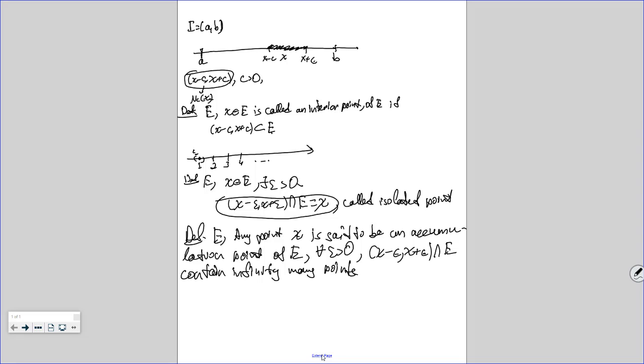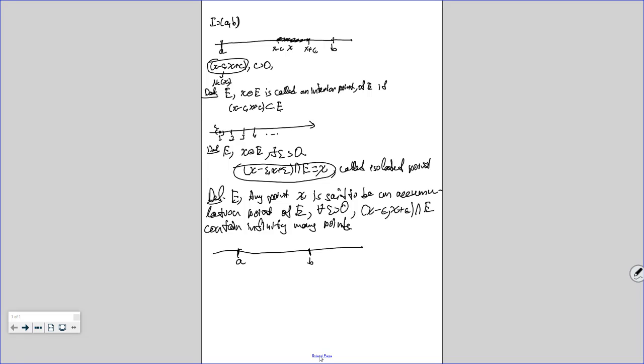The other interesting points are called boundary points. To see the intuition, suppose we have A and B. Then for this interval, A and B are kind of the edges of the interval, and A and B in this case are the boundaries. So let's give the formal definition of boundary points. Again, we have E, and x is said to be a boundary point